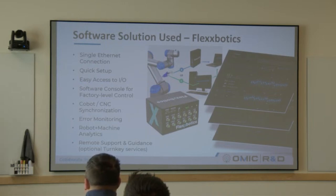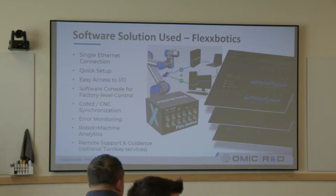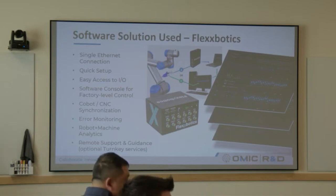So this one, I think, is the UR, because that goes back to their operating system. That's Polyscope. I believe Polyscope is running on top of Linux. And Tyler, correct me if I'm wrong, you guys might also be running Linux? Yeah, it runs on Linux, and then we have our own proprietary Flex core that does all the